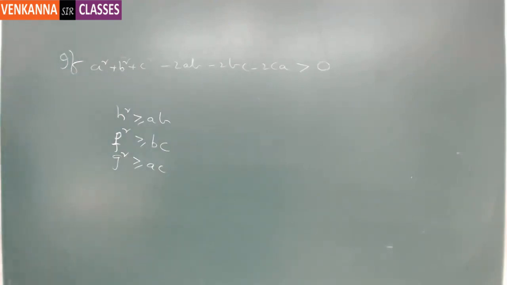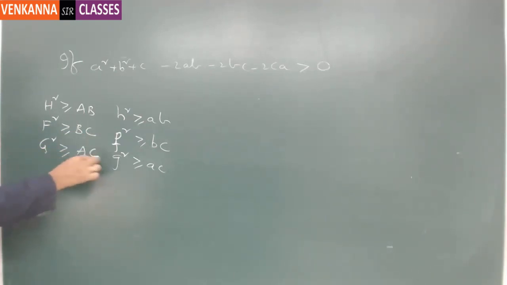Since we are using capital letters, capital H square is greater than or equal to capital AB, capital S square is greater than or equal to capital BC, capital G square is greater than or equal to capital AC. Right? Now, you can take any one of them. The thing is, let me say if you have taken F square and BC,